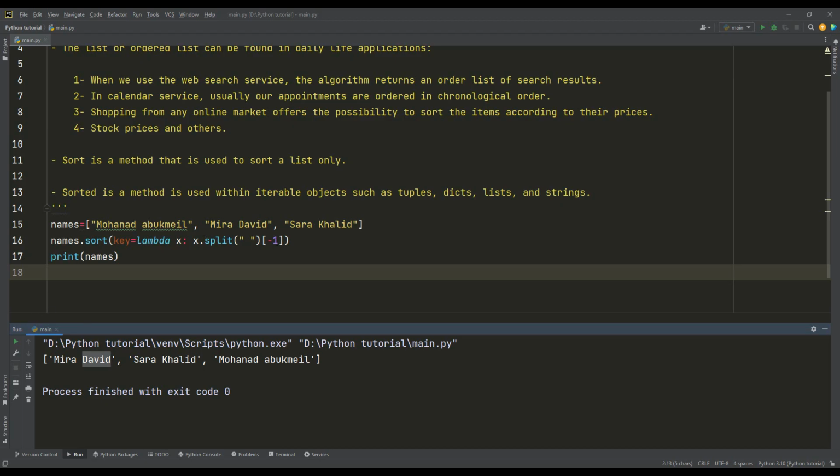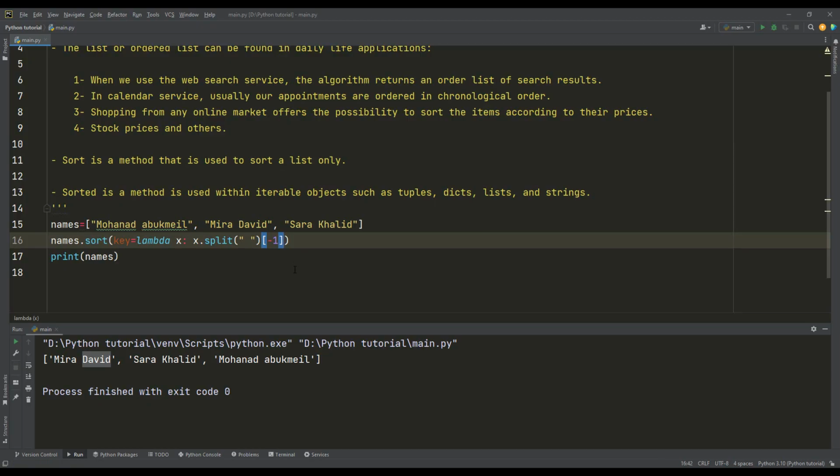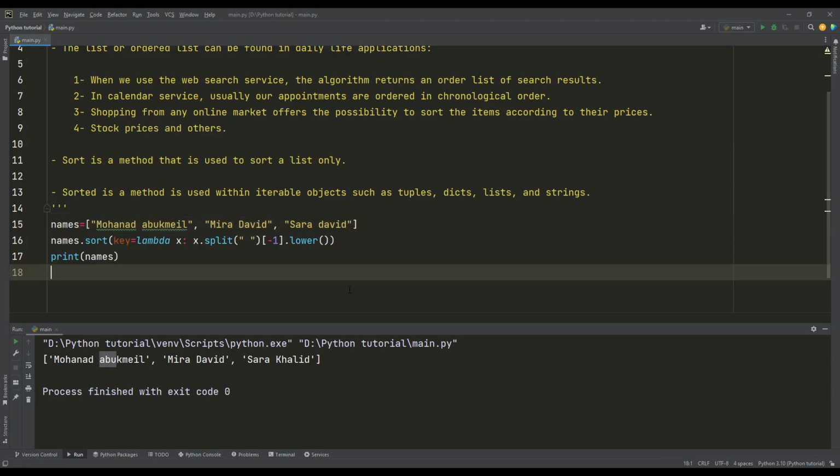But if for any case we want to sort based on lower letters, I can just use the lower method, and now my name is the lowest name. And if, for example, both come with the same family name, but Sarah has a smaller letter, then when I execute this,